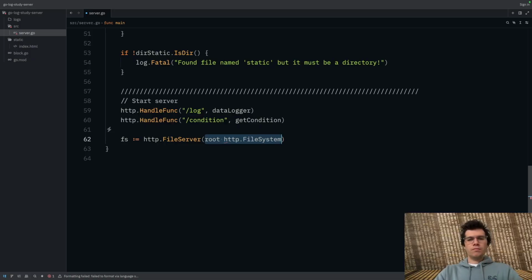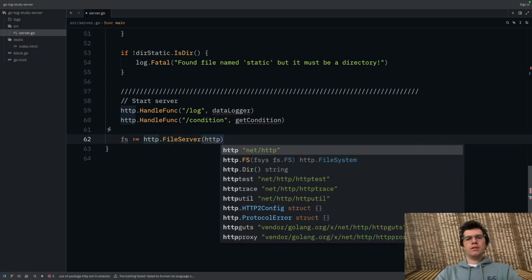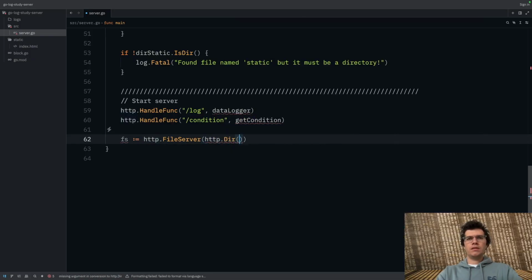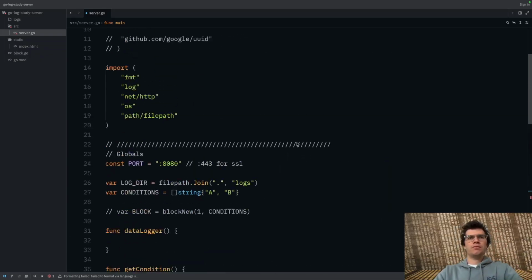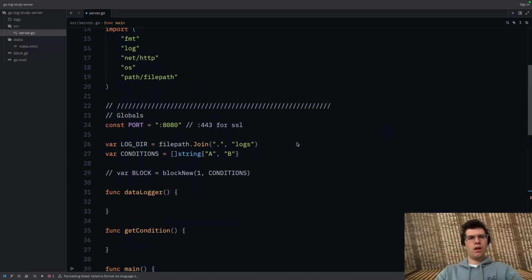Okay, so we can do HTTP dir. We can just pass it in there, and then it can be, what is it? My mouse got stuck. If anyone's curious, my screen is here, and my laptop screen where I have OBS running is here, and my mouse was below, and it just got stuck.